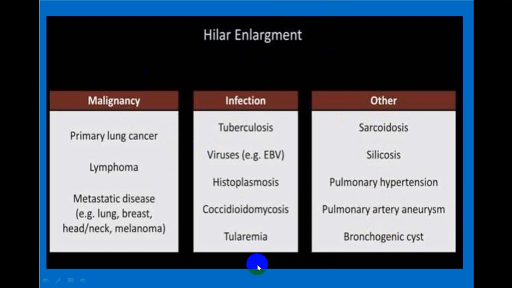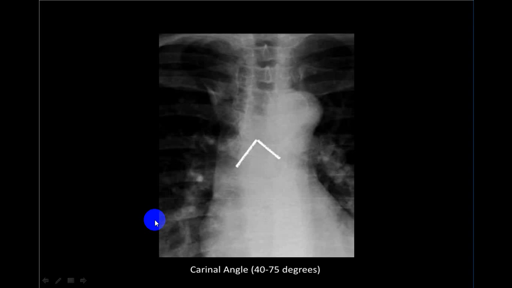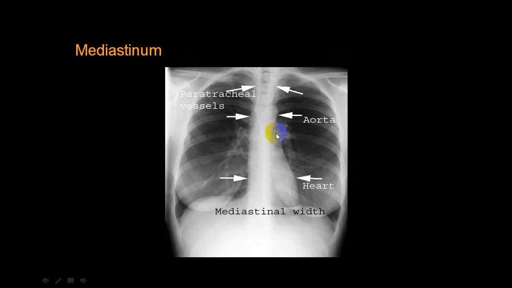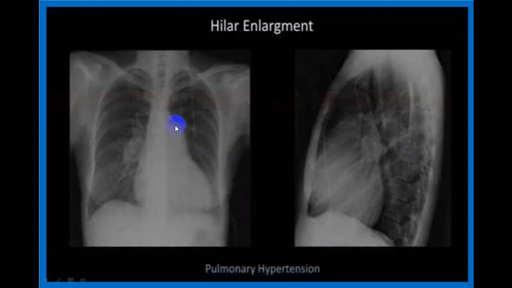This portion will be shown in a separate lecture, what we call lung with hilum examinations. We don't go into that much detail. Now this is one X-ray which I can show you. Now you can look at this left hilum and this right hilum. Now just compare them. This is the left hilum and this is the right hilum. And now compare this. If you look here, this is enlarged.